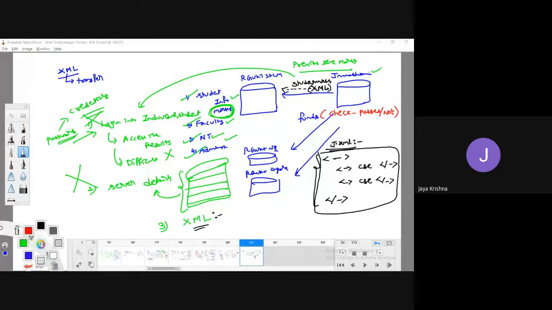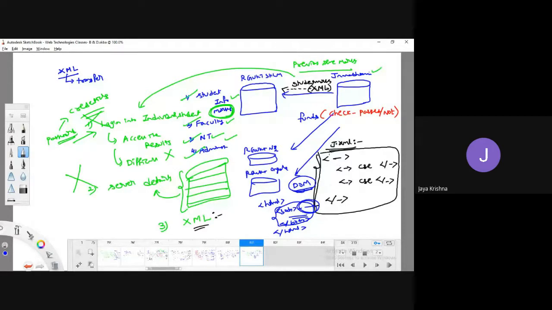Guys, in JavaScript we already know the concept of DOM, the document object model. In DOM, what are we going to do? For example, we have a normal web page: HTML, body, some data, closing of body, closing of HTML. With the help of this DOM concept, I am able to access the entire body content, and whatever we want, we are able to do.